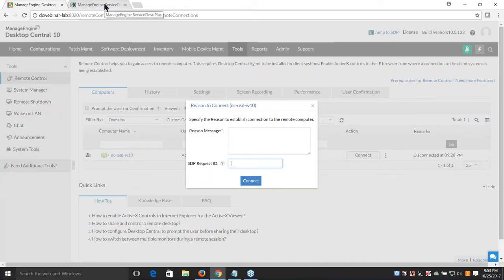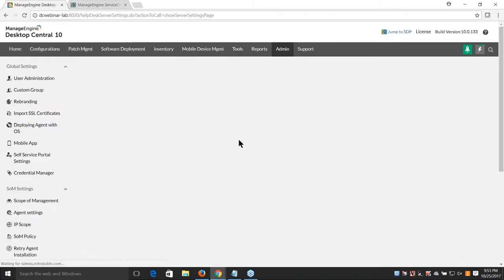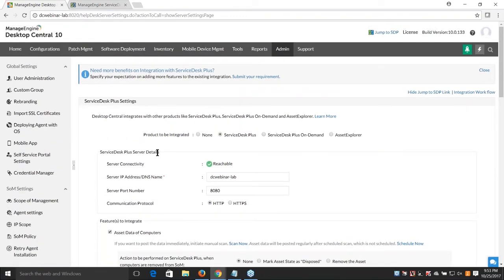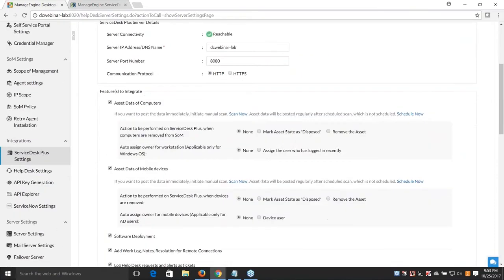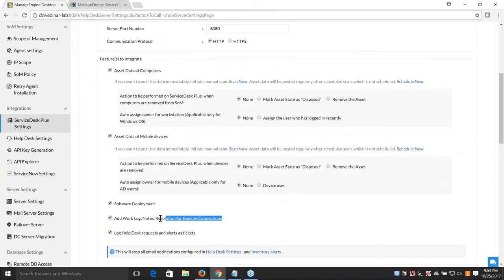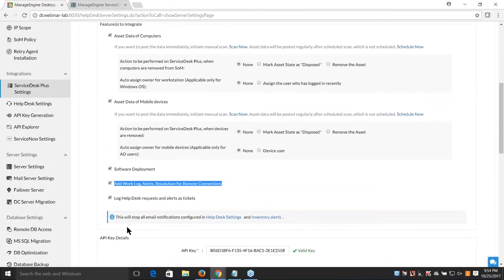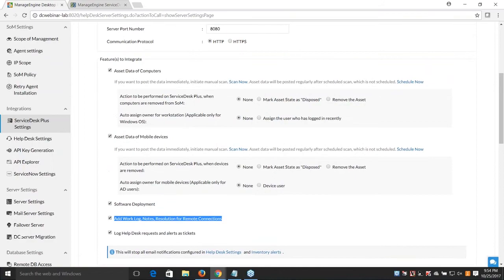So this is something I'm assuming that you have already done the integration part, successfully configured. So first and foremost, you have to ensure that your Desktop Central and Service Desk is already integrated and they are talking with each other. And under features to integrate, you have enabled add work log and notes and resolution. This option should be checked. Okay, so let's assume this has been configured, this has already been